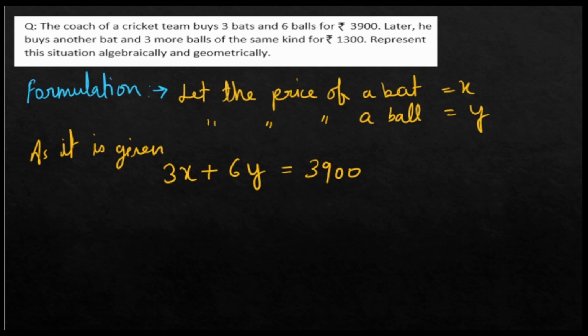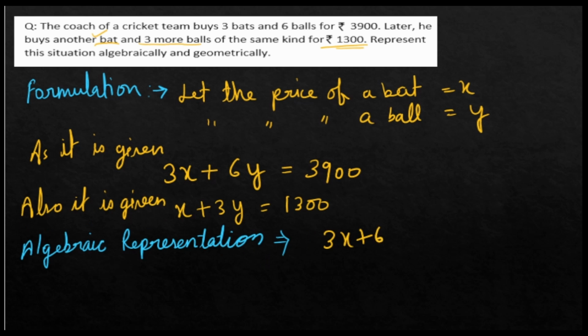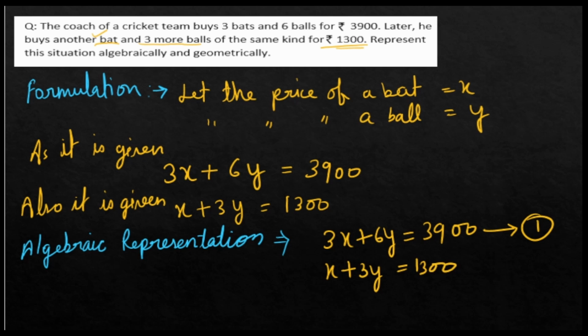In another statement, it says one bat, that means another bat, and 3 more balls. There is no number, so I will take only x here, plus 3 more balls. For balls we have y, for 1300 rupees. So what will be our algebraic representation here? 3x plus 6y equals 3900 is our first linear equation, and x plus 3y equals 1300 is our